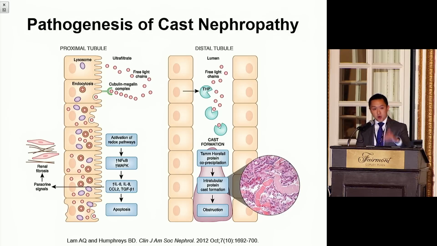And they then flow forward into the nephron, into the distal tubule, where the light chains interact with the normally produced Tamm-Horsfall protein. This interaction leads to precipitation of the light chains and the Tamm-Horsfall protein and the formation of these casts, which obstruct the tubular lumen and prevent the flow of urine through it. This backup of pressure can cause a decrease in GFR. Sometimes the pressure buildup behind this cast is so great that the tubule actually ruptures, causing the light chains to spill out into the interstitium, and this can lead to an interstitial inflammation, which was seen in the biopsy of the patient I presented.